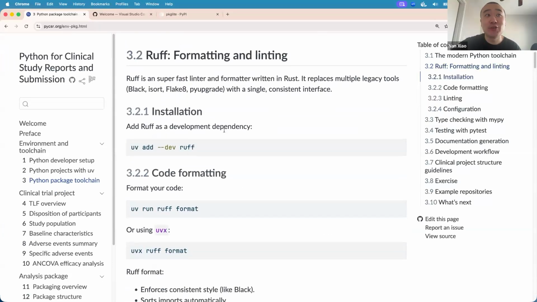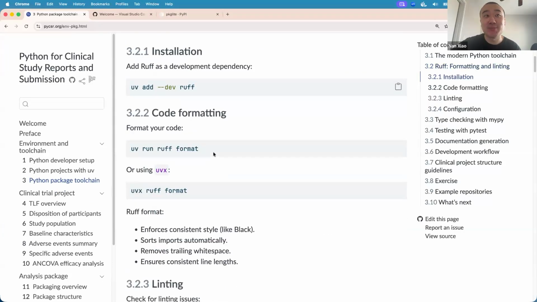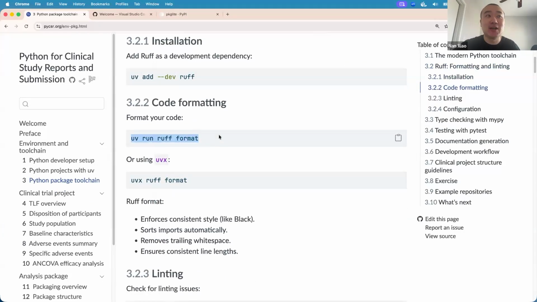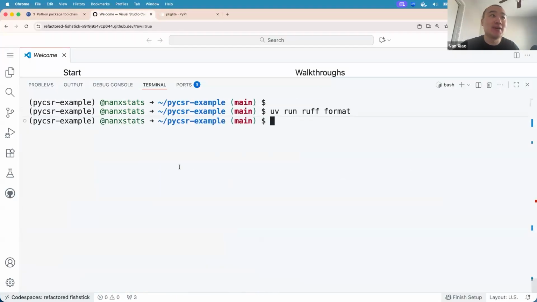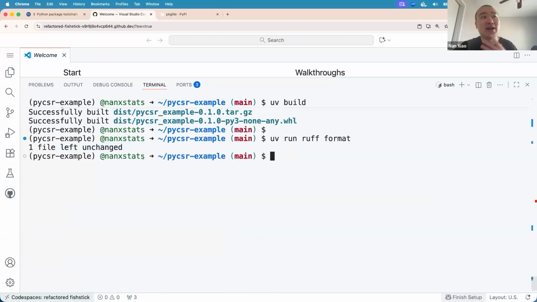And for ruff, you can actually add ruff as a dependency and run something like uv run ruff format to check things out. This will give you something like, okay, one file left unchanged. Otherwise, it will say, okay, we have changed a few files because they are not conforming to the standard formatting it promotes, right?